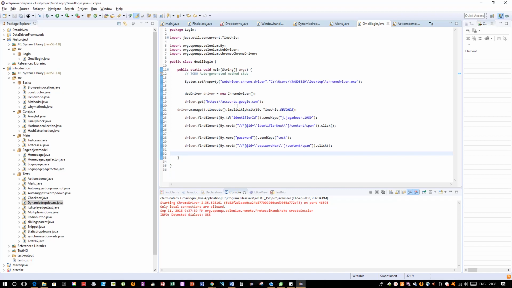So this is how you log into Gmail, and don't forget, for Gmail you need to give the wait time because the password needs some time to load. You can also use explicit wait. If you're familiar with explicit wait, you can explicitly call out the waiting time for this particular element. So yep,